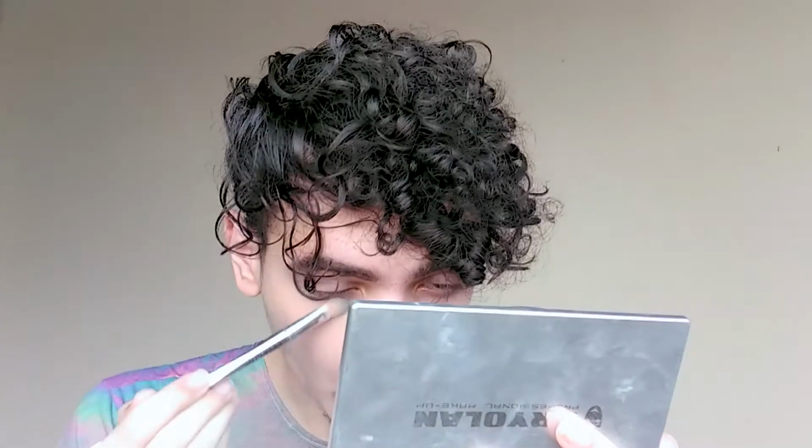So do you see how I just applied foundation and concealer and it's still looking natural? It's because I didn't conceal my eyes, so I have some natural shadows on my face still. So even if you're going for a femme look and you want it to look more natural, just leave your eyes how it is. Okay, so I actually lied to you because I am applying concealer on my eye, but